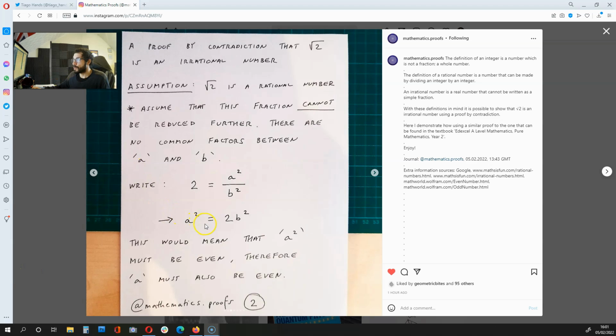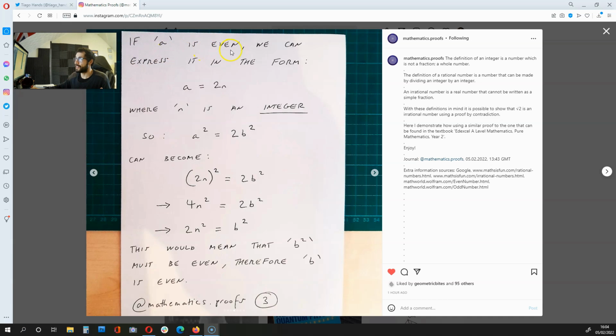Now, since a squared is equal to 2b squared, and the definition of an even number is 2n, where n is an integer, this is going to mean that a squared must be even, and therefore a must also be even. Now, if a is even, we can express it in the form a is 2n, where n is